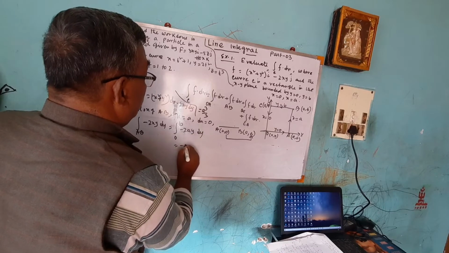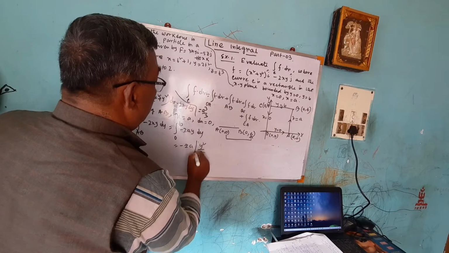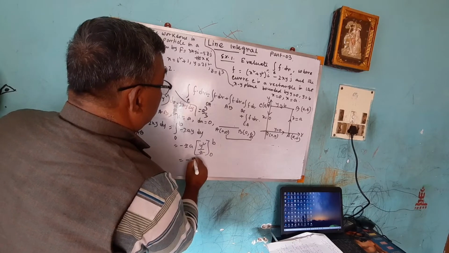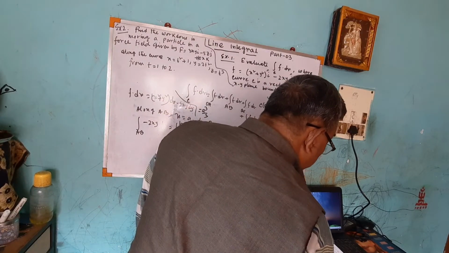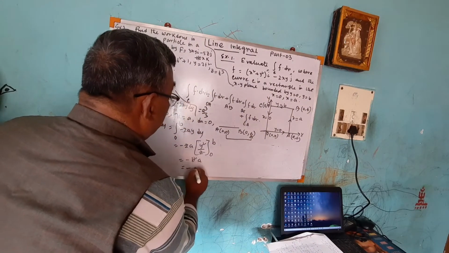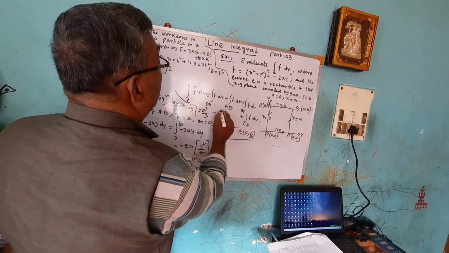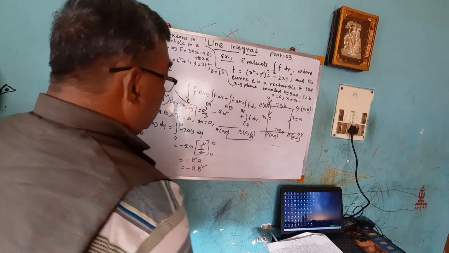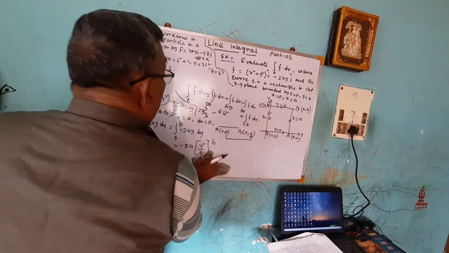So minus 2a constant, we are taking outside, this is y square by 2, so 2 getting cancelled, then 0 to b, so minus b square a, upper limit minus lower limit, that is equal to minus ab square. So along AB, this value is minus ab square. Try to understand. I'm just putting all these values over here. Now I'm removing this part. That is along AB.